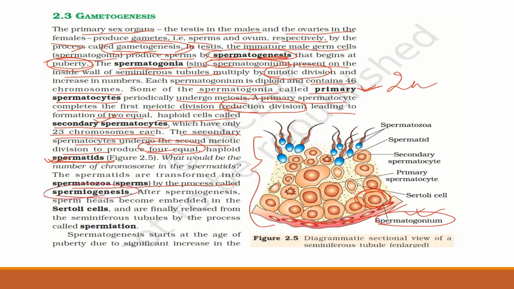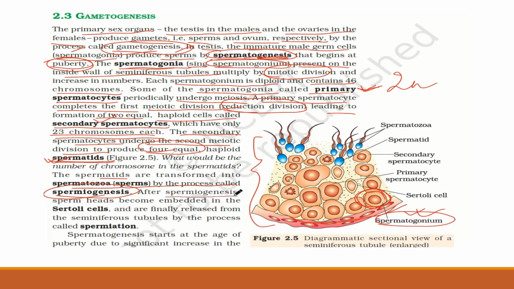There is a very important question I'll be discussing today. What is the main difference between spermatogenesis and spermiogenesis? It is a very important question for your NEET as well as your 12th exam. Spermiogenesis is the conversion of spermatids to form sperm or spermatozoa, whereas spermatogenesis is the full process of the production of sperm from the initial stage, that is from the spermatogonia till the production of sperms. The full process is called